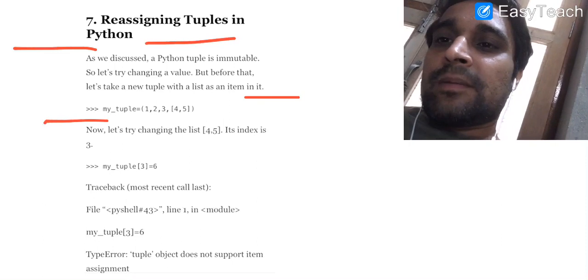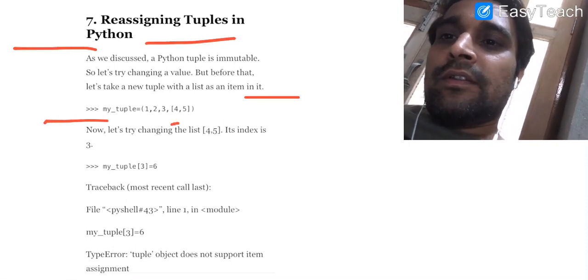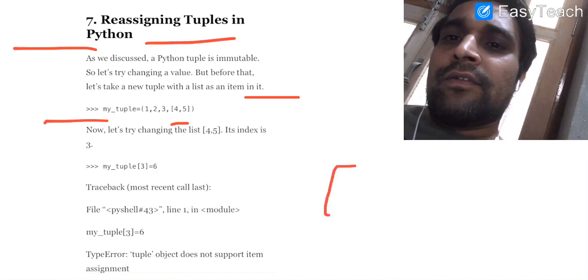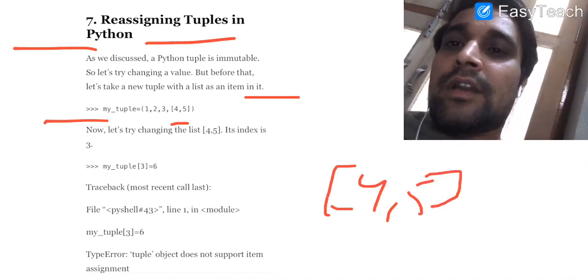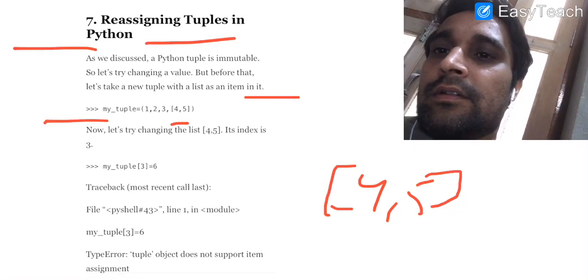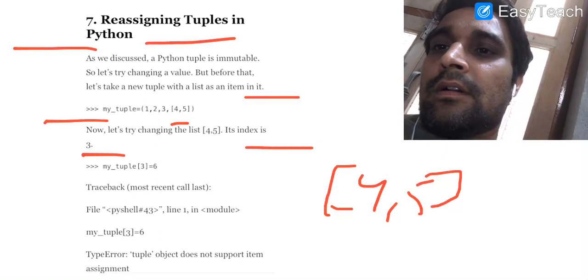We have created a tuple, the name of the tuple is my underscore tuple. It has 4 elements: 1, 2, 3, and 4, 5. This 4, 5 is a list that is used as an element in the tuple. It is at index 3. Now we have written my tuple index 3 is equal to 6.